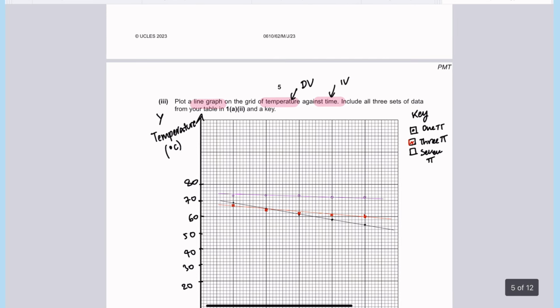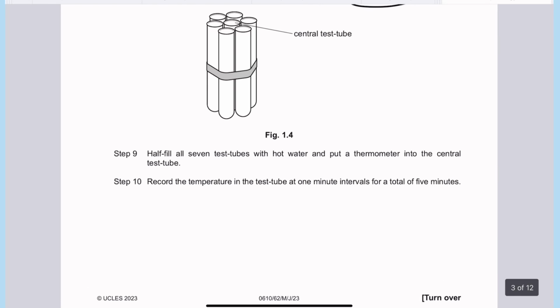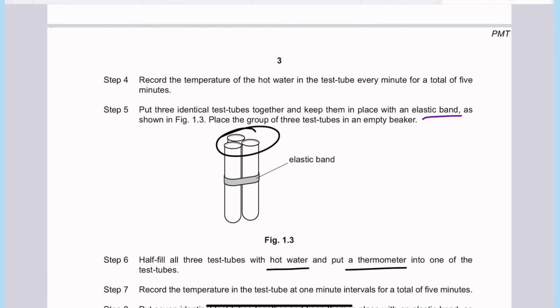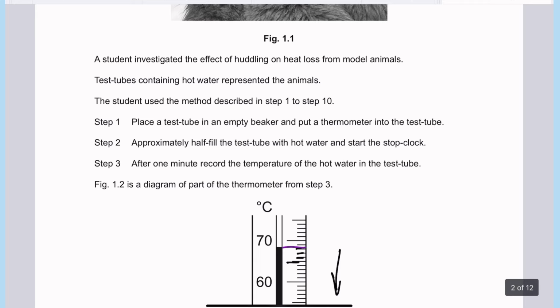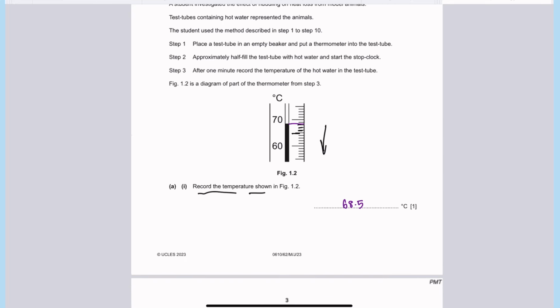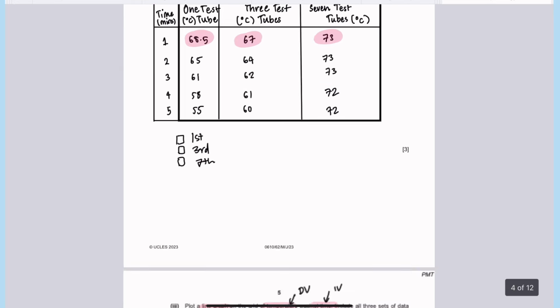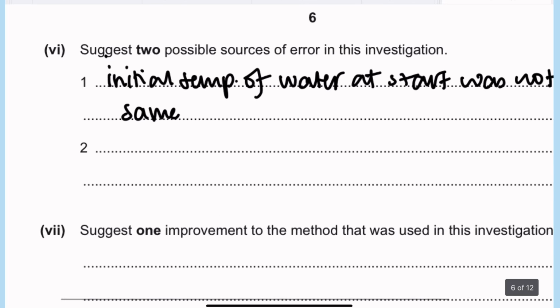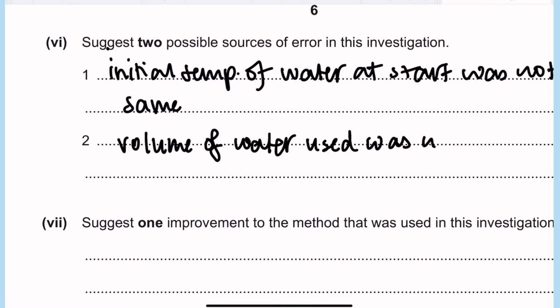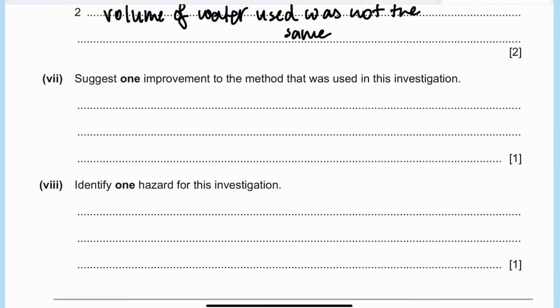Let's have a look at the procedure again. Okay, 7 test tubes with hot water, 3 test tubes. Yep. Because they've not mentioned anything about the volume of water used, you could assume that perhaps the volume of water used was different at the start of the experiment. So volume was not the same in each